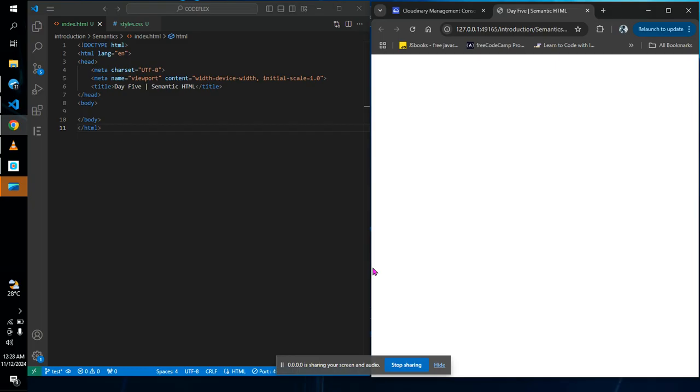For instance, you can't refer to your image element as a semantic HTML element, in as much as your image element also gives meaning, because whichever developer looks at an image element knows that that is an image element, right? But in as much as some people will refer to it as semantic HTML because it gives meaning,